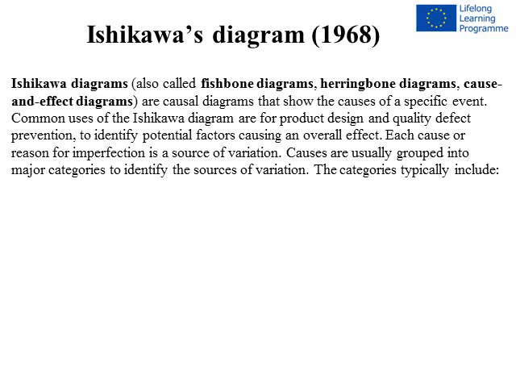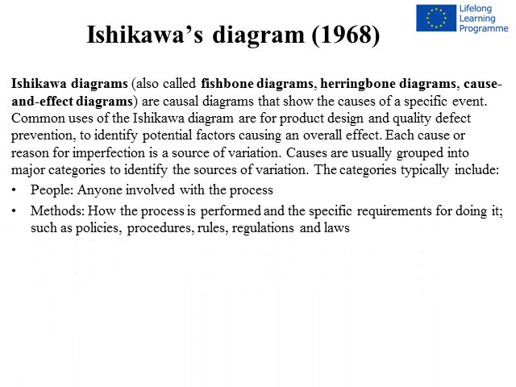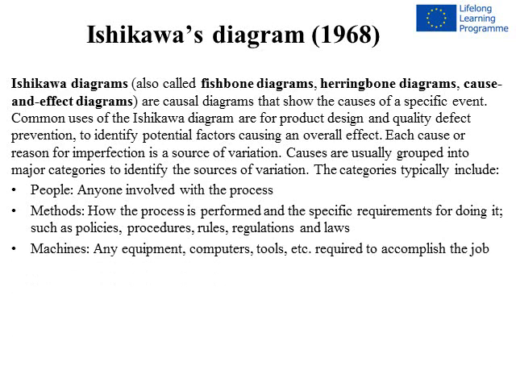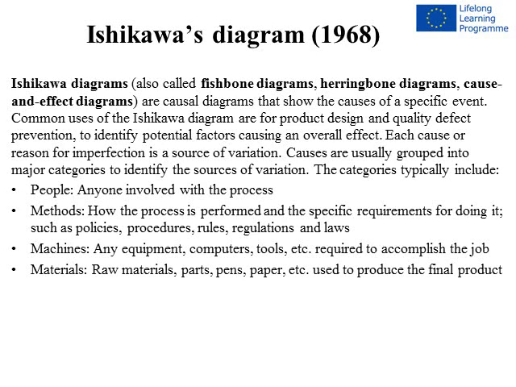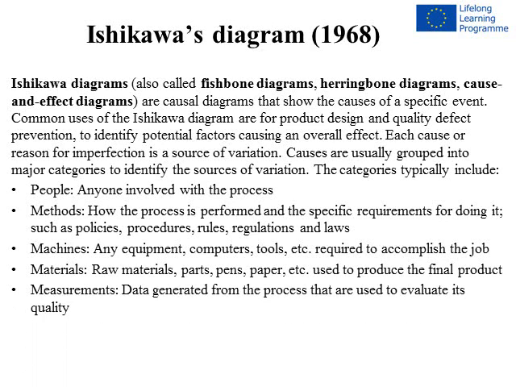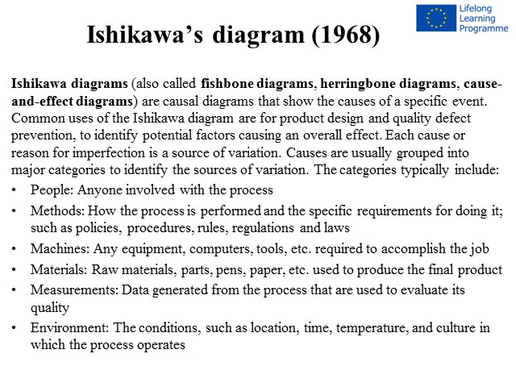The categories typically include people, anyone involved with the process; methods, how the process is performed and the specific requirements for doing it, such as policies, procedures, rules, regulations, and laws; machines, any equipment, computers, tools, etc., required to accomplish the job; materials, raw materials, parts, pens, paper, etc., used to produce the final product; measurements, data generated from the process that are used to evaluate its quality; environment, the conditions such as location, time, temperature, and culture in which